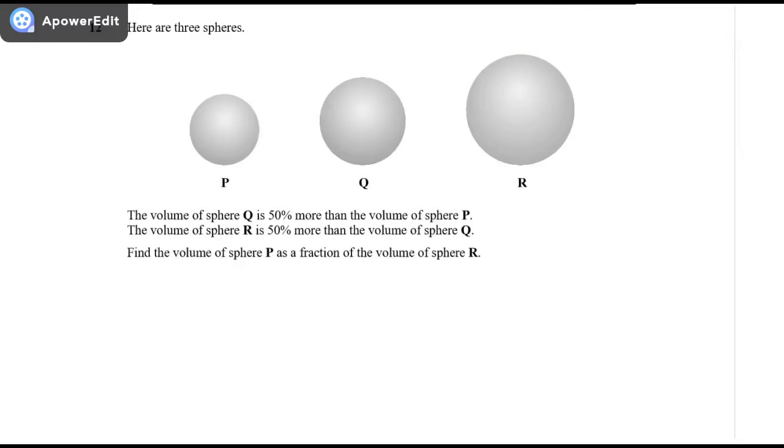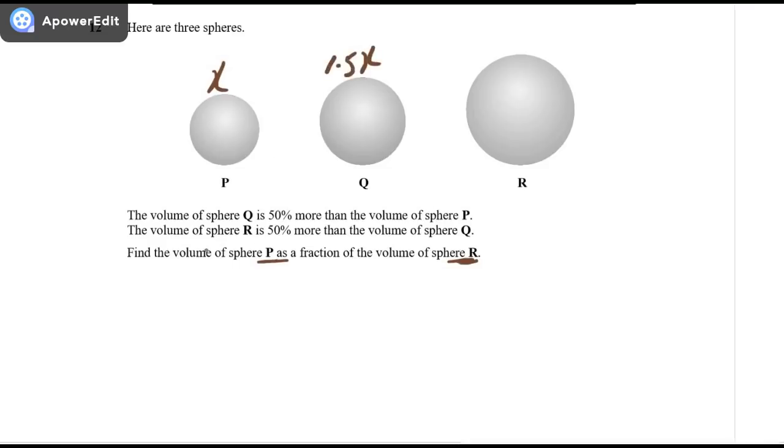Okay, question number 12. Here are three spheres. The volume of sphere Q is 50% more than the volume of sphere P, and the volume of sphere R is 50% more than the volume of sphere Q. We're going to find the volume of sphere P as a fraction of the volume of sphere R. Let's say the volume of sphere P is x. Sphere Q is 50% more: 100% plus 50% is 150%, which as a decimal is